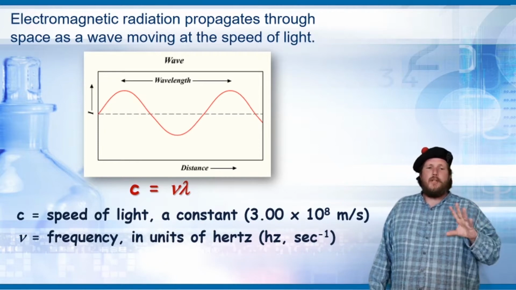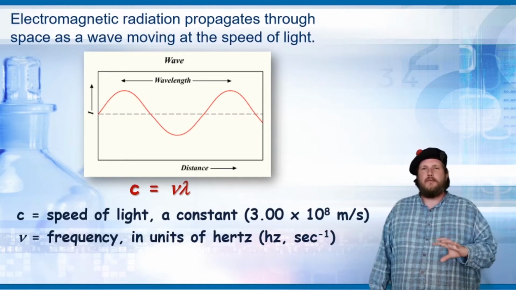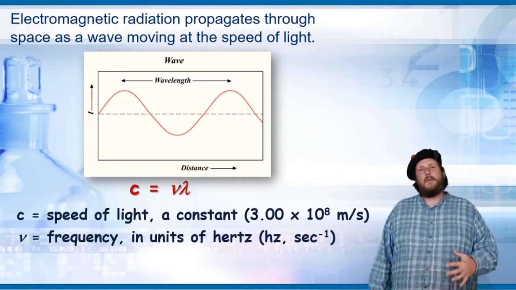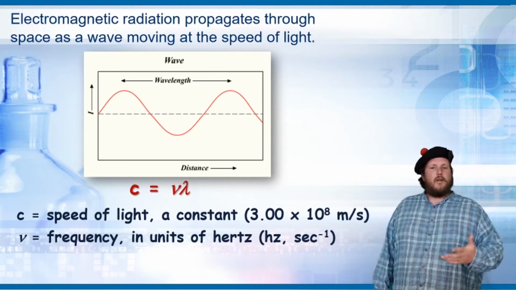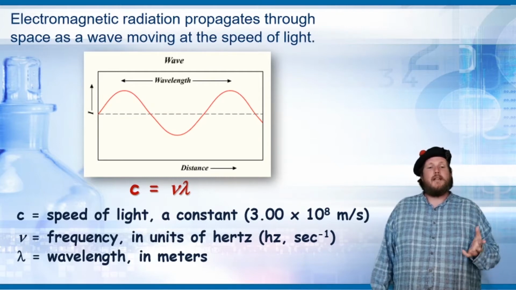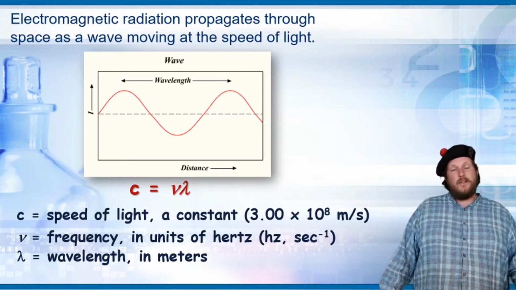C is equal to nu lambda, or frequency times wavelength. So the speed of light is equal to the frequency times the wavelength. Since the speed of light is a constant, we can calculate frequency or wavelength using this equation. Frequency is in units of hertz or inverse seconds, and wavelength, or lambda, is in units of meters. If it's not in units of meters, you have to convert to meters to be able to